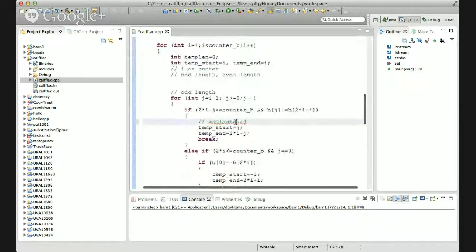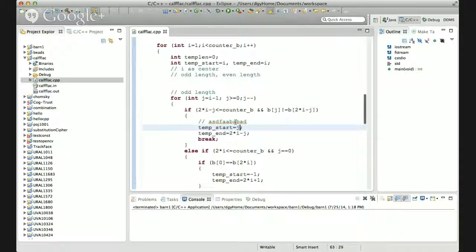Yeah, we already found our palindrome, it is this guy. All right, so if we found it, we put the temp start as J, and 2 times I minus J, that is the end. You can find this actually correct, and then we break out. But there is one exception, if we found A is actually the start,